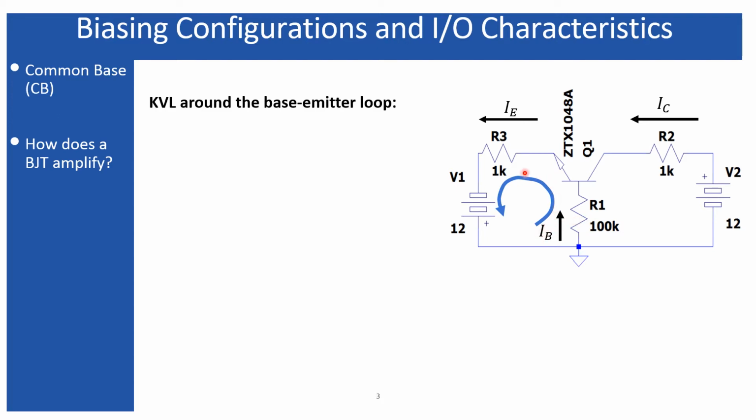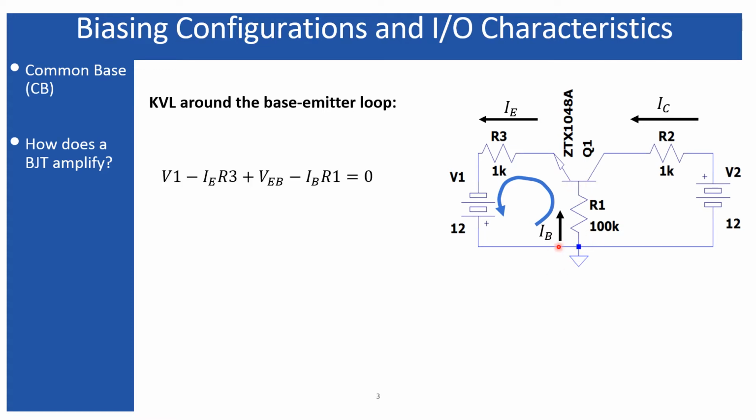First, apply the KVL loop around the base emitter junction. I have maintained the direction of the current parallel to the direction of the base current and IE current as shown over here. The general consideration is that the terminal through which current enters is considered positive, and the terminal through which it leaves is considered negative. So therefore I am going to consider this terminal positive and this one negative.